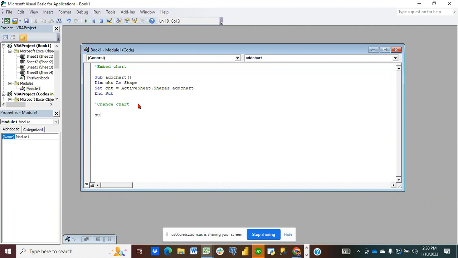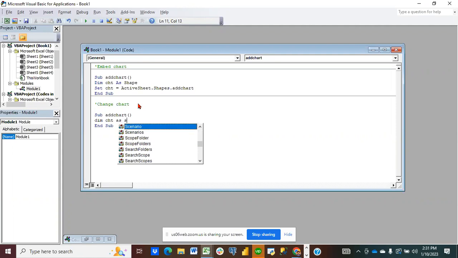So we are going to have another code, like we say add chart. Dim, declare object variable chart as shape, and type it or choose it from the drop down. Then set chart equals to what? Active sheet dot shapes dot what? Add charts. Okay. Now the difference is we now have to use the With statement and say with chart dot chart,